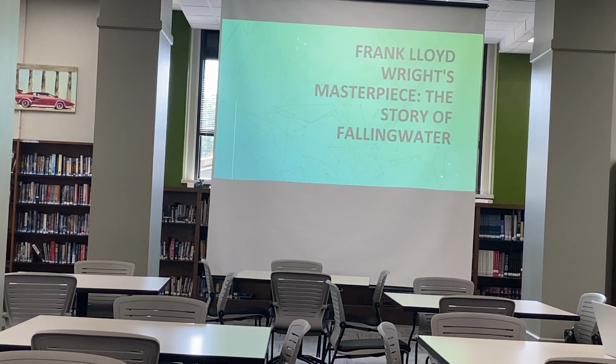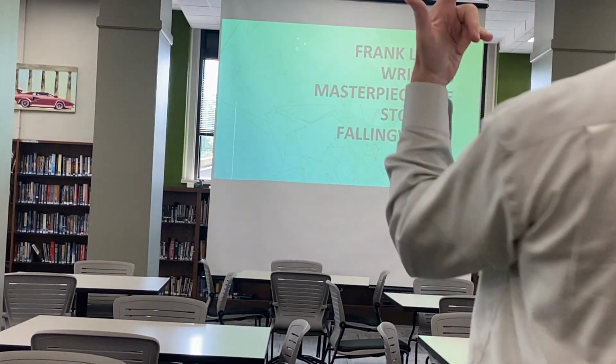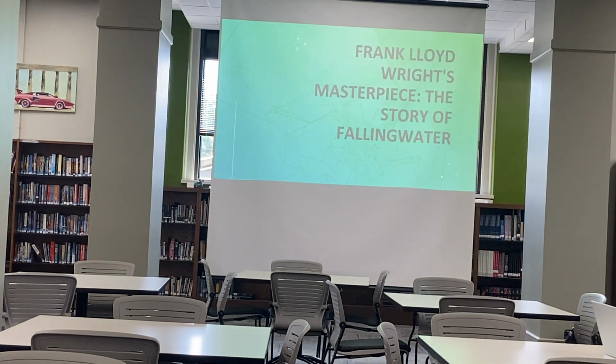It is referenced in the book. It is where Scythe Curry lives. She lives in this house in the book, and we'll talk a little bit about that connection. But as your college counselor, I'm also going to talk a little bit about architecture and what you have to do if you want to become an architect. How do you do that? So that's what we're going to talk about. Two things today: Fallingwater, but we'll also talk a little bit about architecture and how to become an architect if you like to go down that road of careers.